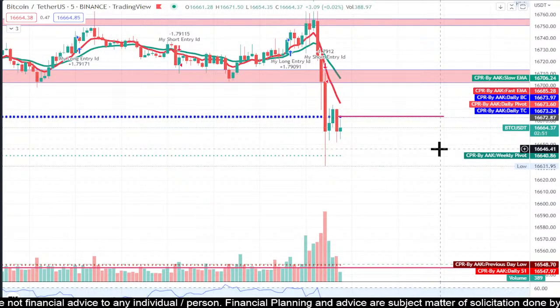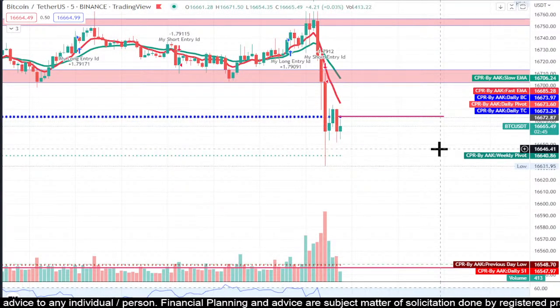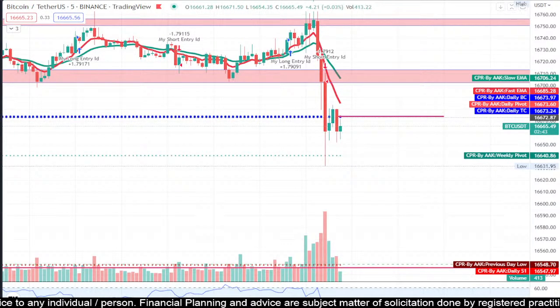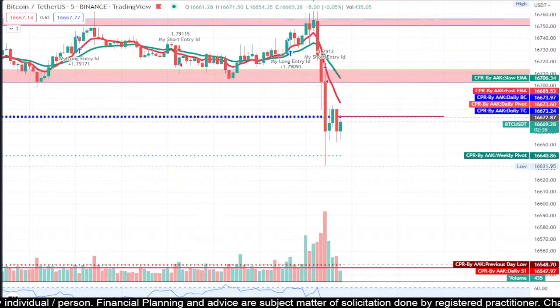Right now, the price has broken the barrier of the CPR and it is able to sustain the price under the CPR. Based on the scenario, I decided to enter a trade wherein I decided to sell the Bitcoin. That is, I decided to short the Bitcoin. And right now, based on my entry price,